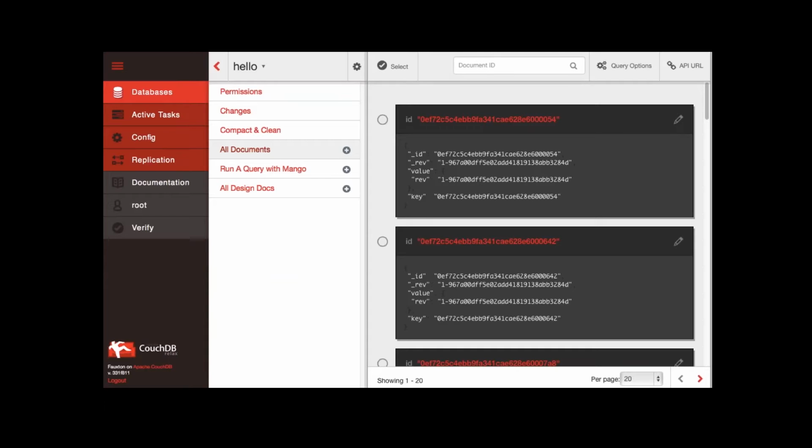And it's certainly served us well over the years, but it also has been getting a bit long in the tooth. Futon shipped with releases of CouchDB dating all the way back to 2008. And so what we've led at Cloudant and have really pushed forward in the open source community is a rewrite of that user interface, picking up some newer client-side JavaScript frameworks, a mix of Backbone and React, and building something that was